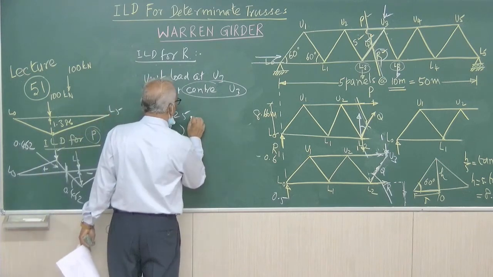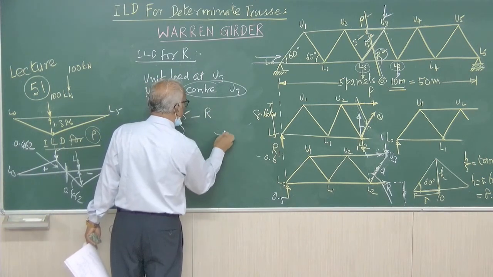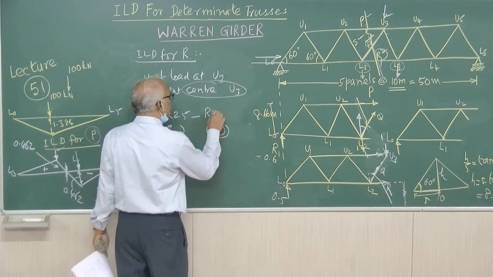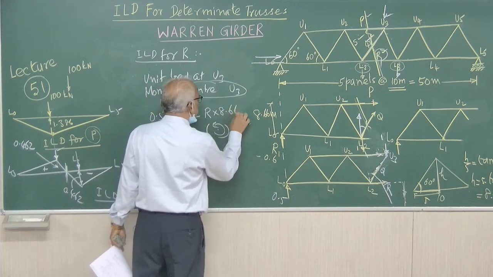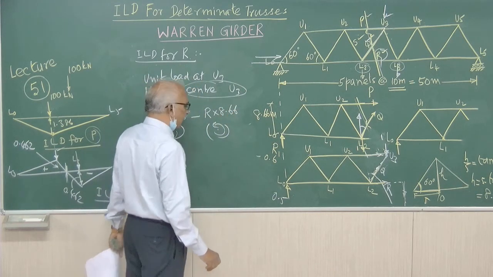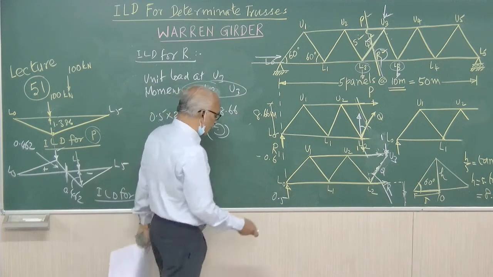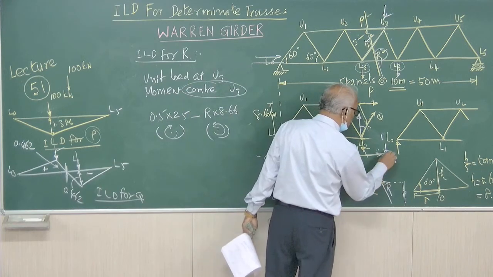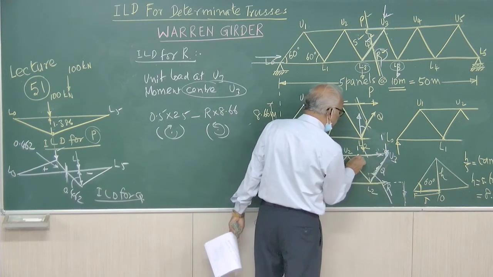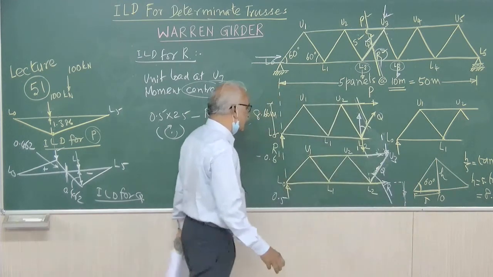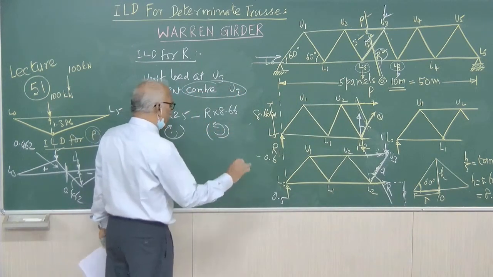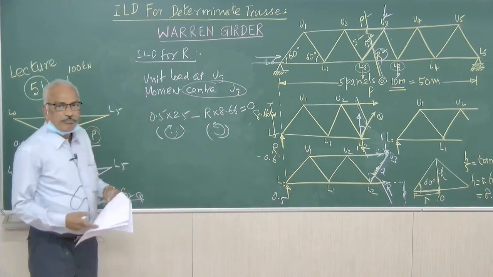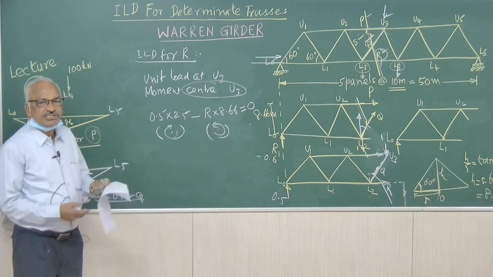The other one is that of R. R will cause an anti-clockwise moment. R is towards right, point is above, that will cause an anti-clockwise moment into height of the truss. Height of the truss is 8.66 meters. We have to consider all the forces. One is the reaction considered, R we have considered, Q passes through the point U3, that will not cause moment, P passes through the point U3, that also will not cause any moment. Therefore, we have considered all the forces, and this is equal to 0 because all joints are pin joints. Moment about any pin joint equal to 0.